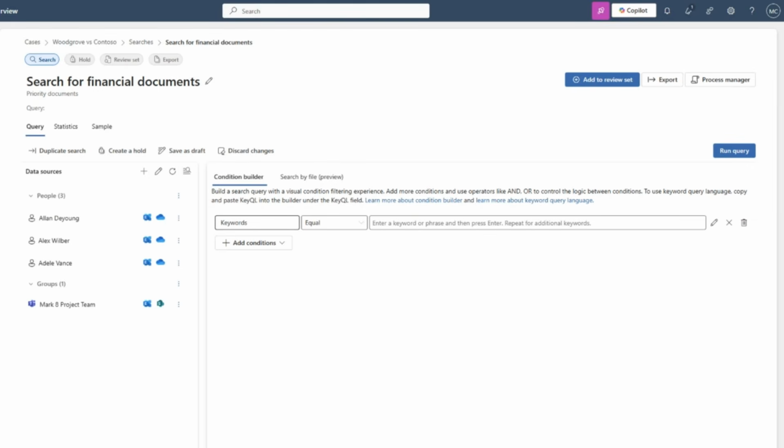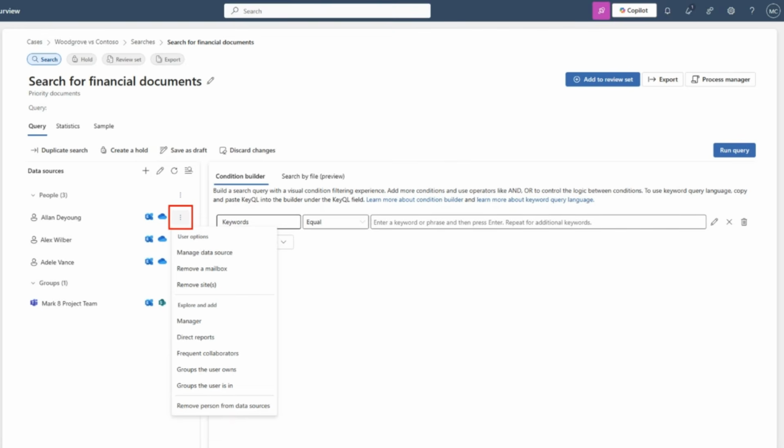And now we can see that we've added our data sources on the left-hand side. And another really nice new feature is the ability to explore and add gestures. So if we select the 3 dots icon next to a specific data source, we'll take a look at how that works. And so you'll notice that when I select that first custodian, Alan, I can do a number of